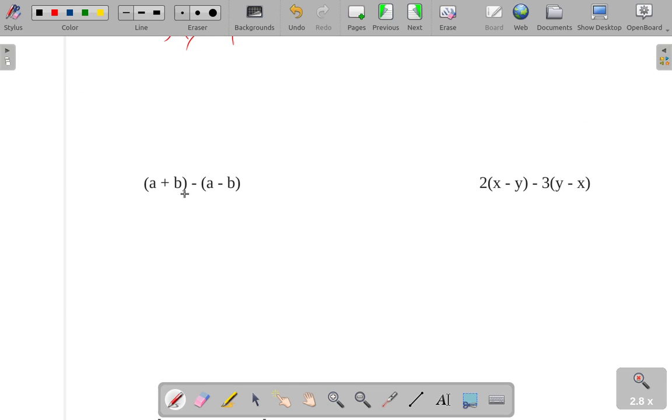Alright, in this one, again changing everything to addition would look something like this. And, well, you can see these second parentheses, they have a negative on the outside, and in order to get rid of that negative, I'm going to have to distribute them. Or in order to get rid of the parentheses, I need to distribute the negative. But the first parentheses, I can just drop them, since there's nothing multiplied by them. So we get plus the opposite of A there, the opposite of A, and the opposite of B, which is